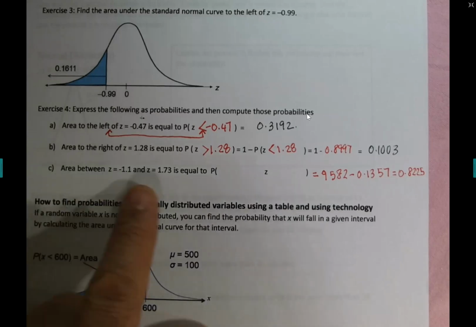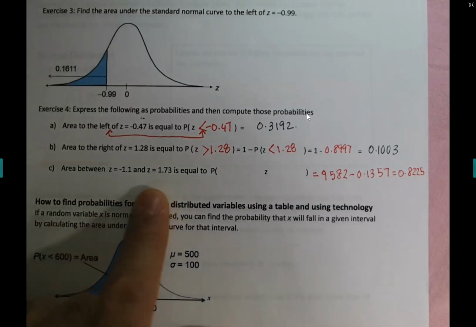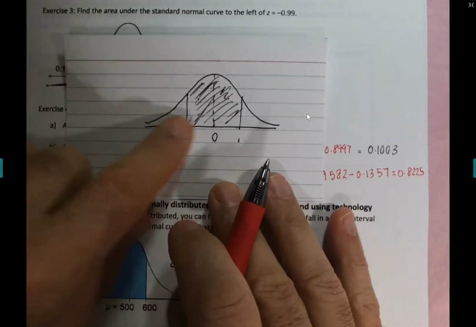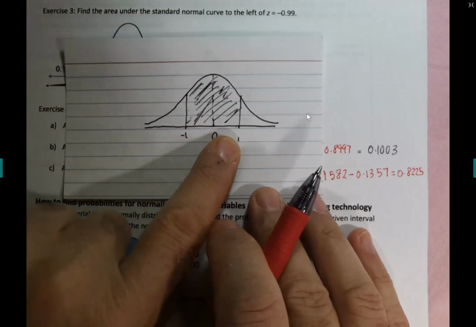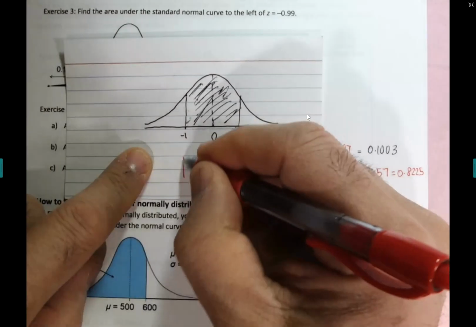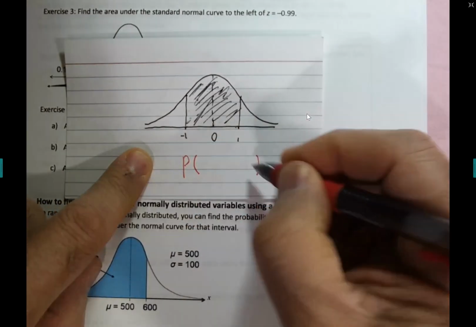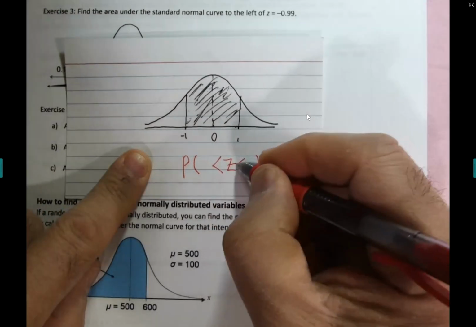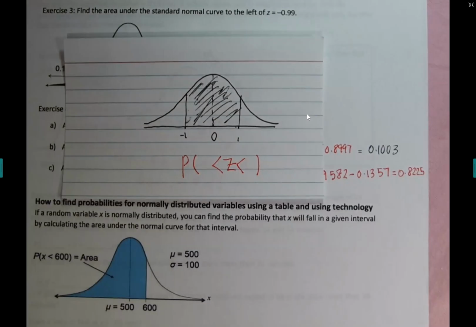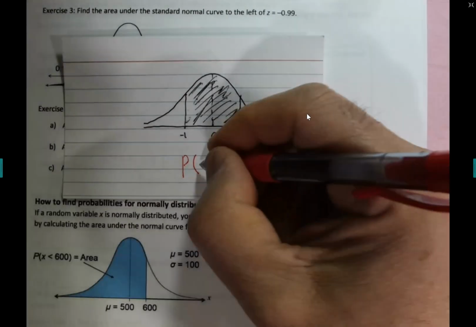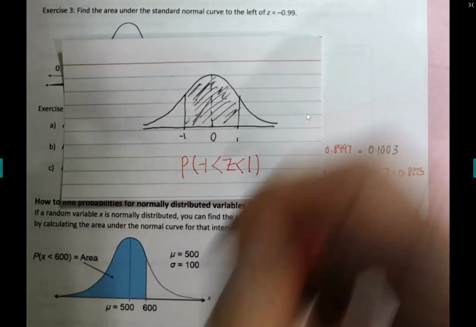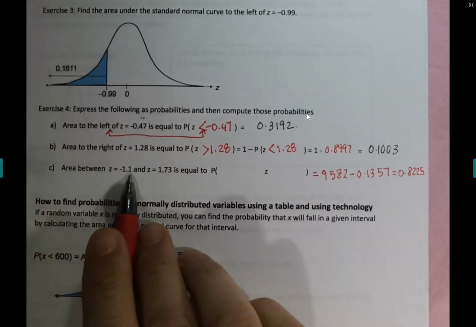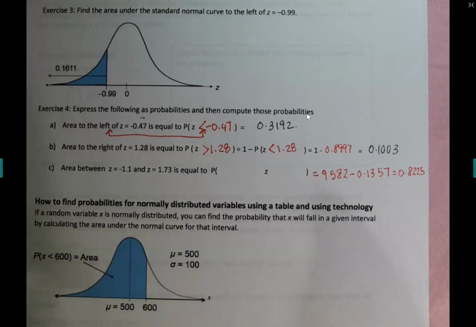Area between two numbers. Here's how you write in between, guys. For example, this is the area between negative 1 and 1. Here's how you write it using probability symbols. Look, put the Z in the center, put those two signs like that. That's in between. Put the smaller number first and then the larger number next. And in our case, guys, I have a negative 1.1 and a 1.73